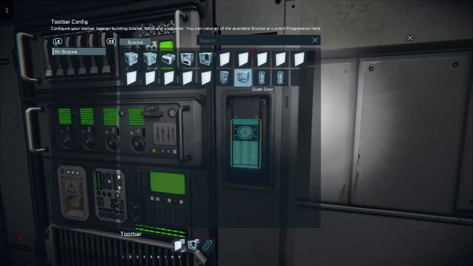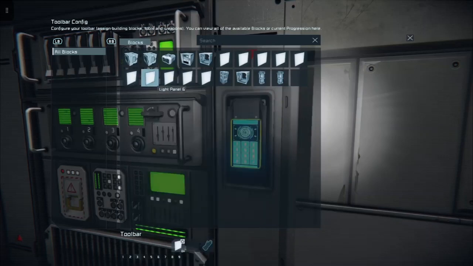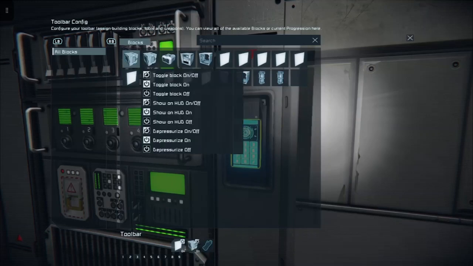And finally our third toolbar, again we want our light panel on, and we want our air vent full 1, which we could rename, but because there's only 2 air vents and we built that one first, we know which one's which. And we want to turn the depressurization on that vent on off. We're almost done.